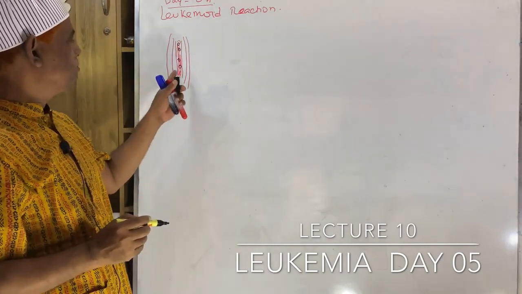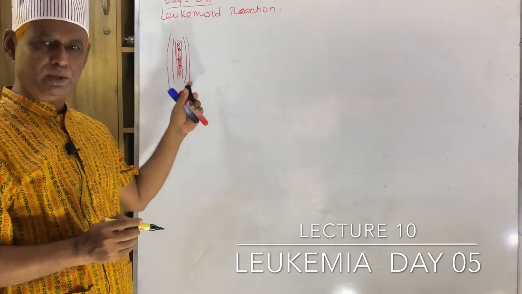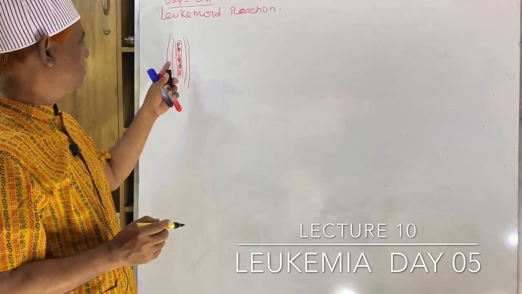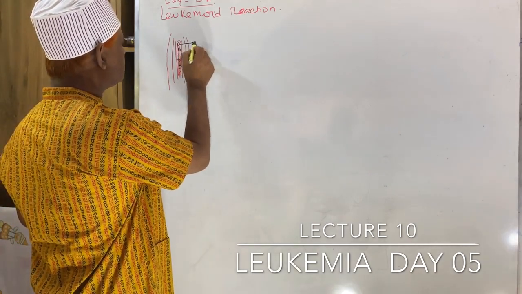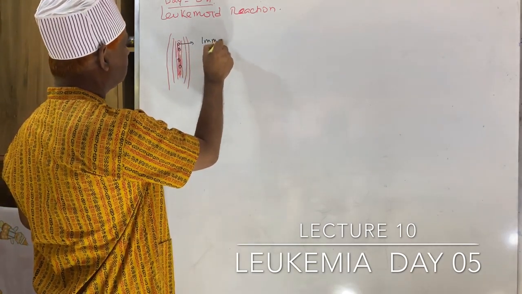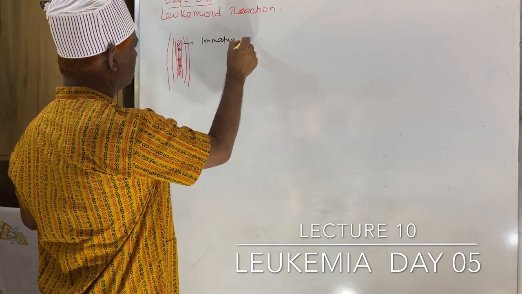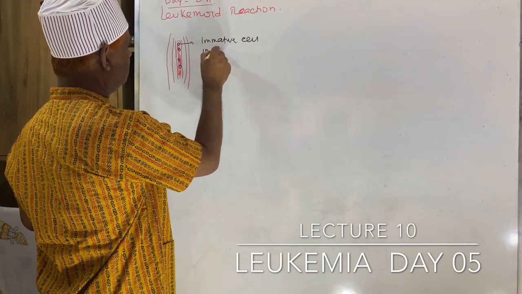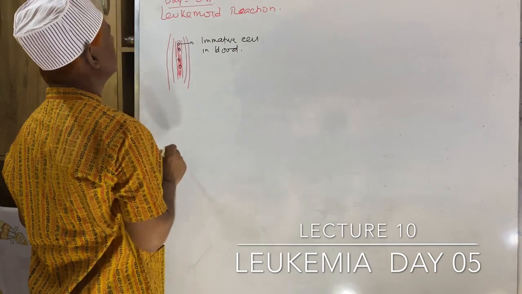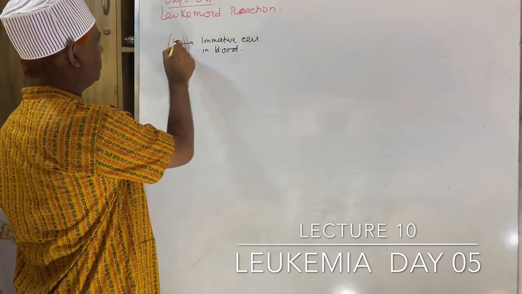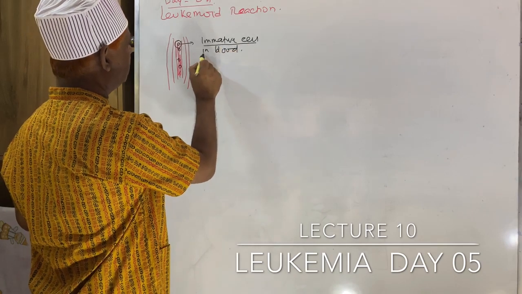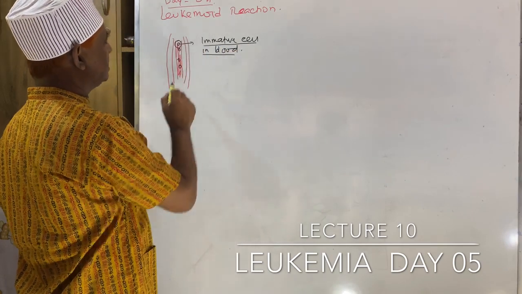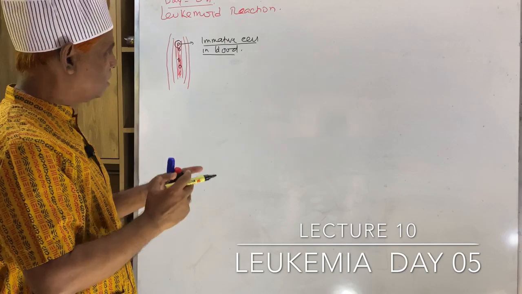Neoplastic proliferation of these hematopoietic stem cells, that is cancer of the hematopoietic stem cell, and there is appearance of immature cell in blood. So, cancer of the hematopoietic stem cell, appearance of immature cell in blood, and these immature cells are called leukemic